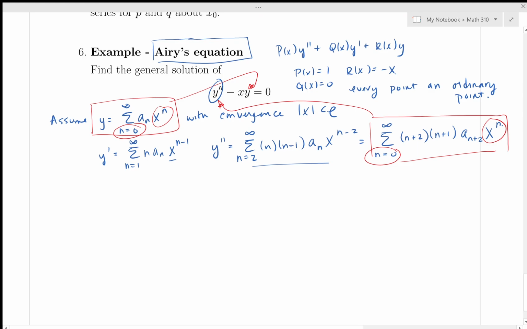It doesn't have to be done in exactly the order that I'm doing this, but the key feature is you have to be able to take the solution, differentiate it as many times as necessary, replace the function and its derivatives into the differential equation, adjust the indices and the powers on x properly, and then get a recurrence relation on the values of a_n. Okay, so now I've done my assumption, I've done my couple of derivatives. Now I'm going to substitute into the